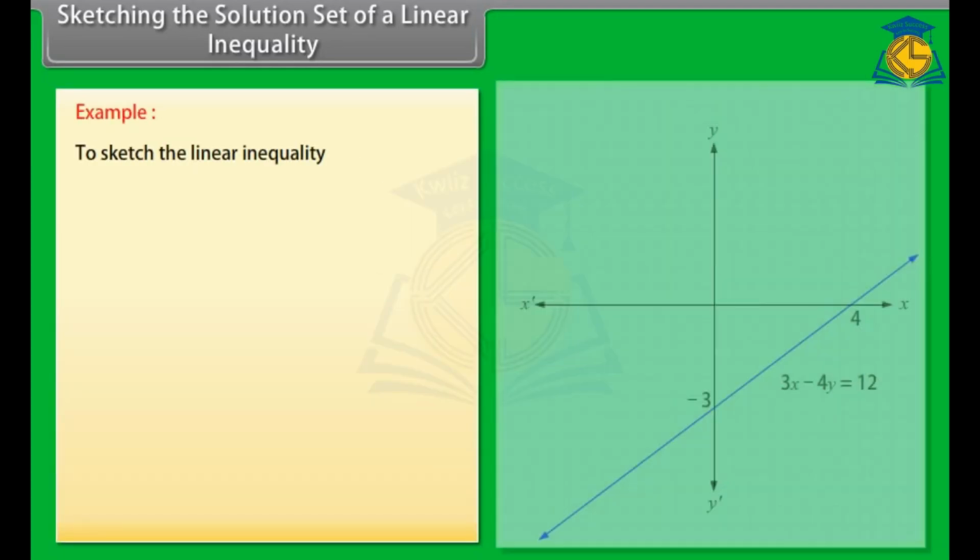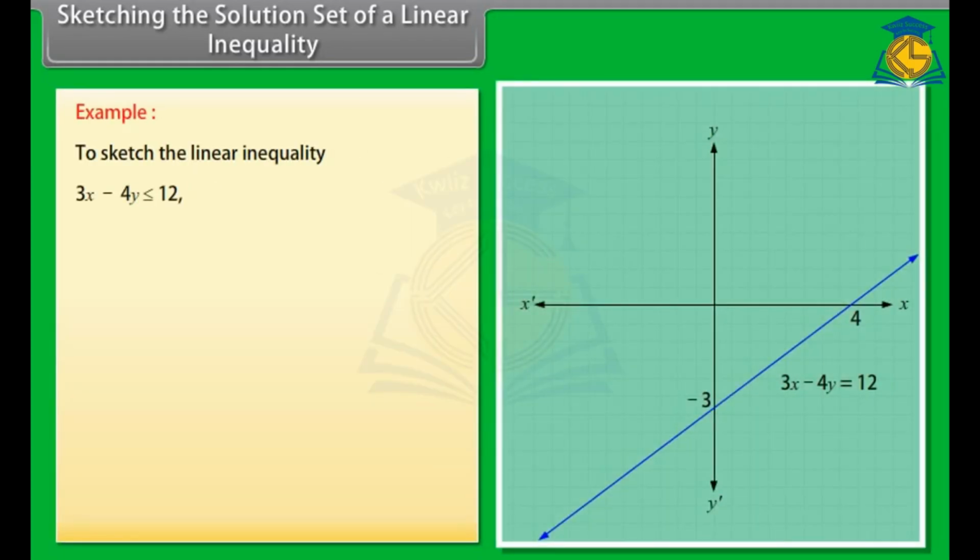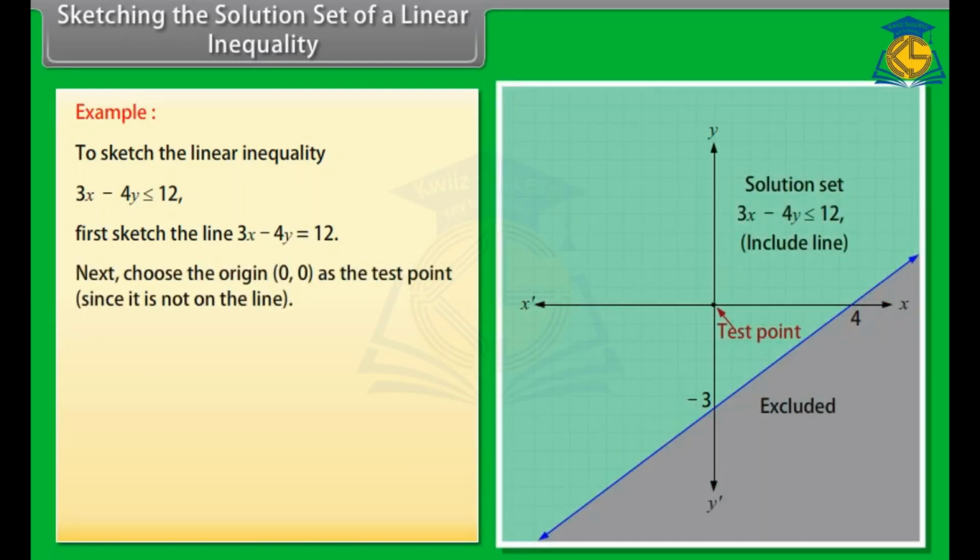Example. To sketch the linear inequality 3x minus 4y is smaller than or equal to 12, first sketch the line 3x minus 4y equals 12. Next, choose the origin 0, 0 as the test point since it is not on the line. Substituting x as 0, y as 0 in the inequality gives 3(0) minus 4(0) is smaller than or